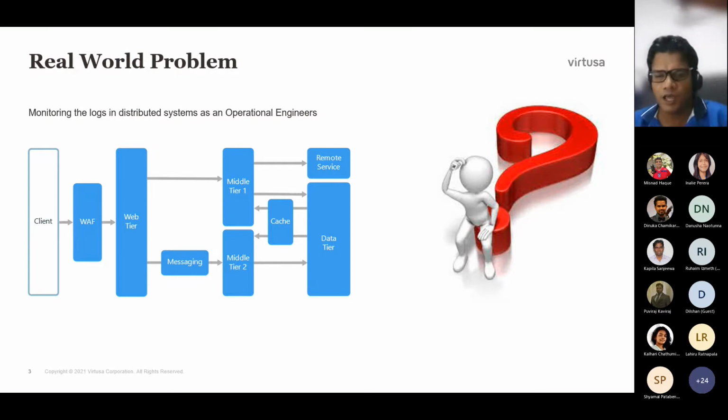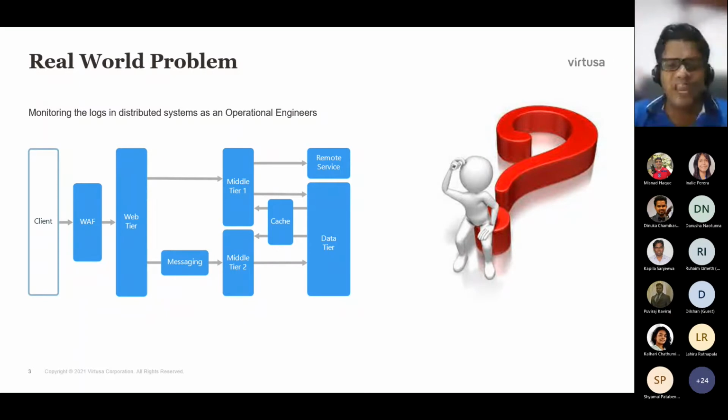So it's multiple servers. Your web layer might have multiple servers, your application layer might have multiple servers, and your load balancer layer might have multiple servers, like clusters. When an issue comes, the real problem we face is that we don't know where it is. As an example, assume a particular user gets an issue when he clicks the submit button. We have to identify where that issue is. I might need to log into all my web servers just to check whether the issue is with the web server.